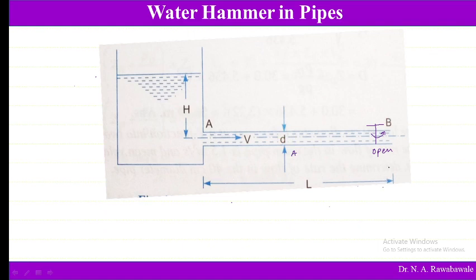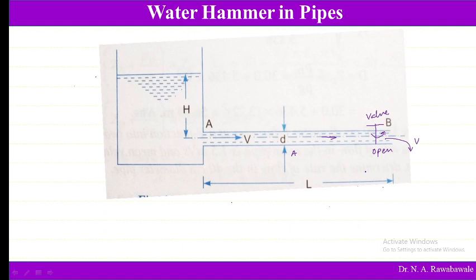So what happens when this liquid is coming out of the pipe with a velocity v? There is no hammering action over this pipe. But if we close this valve suddenly, the momentum of the liquid flowing through the pipe is suddenly stopped, and that creates the shock. The momentum of the flowing water will be destroyed, and consequently a wave of high pressure will be developed,